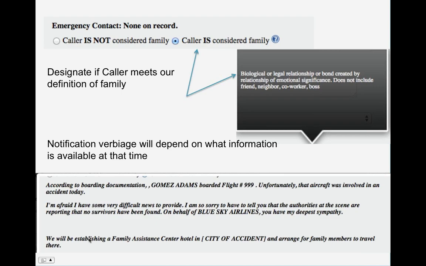We know that people at that point probably are not going to hear or process much of what you say after that. But I just want to make one comment, and that is, while the scripting is there for you, the trick is not to sound scripted in giving these messages. And that's where some practice comes in.